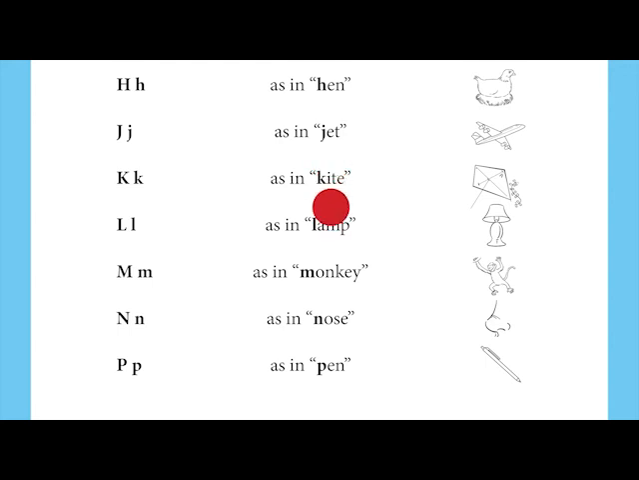as in kite, L, as in lamp, M, as in monkey, N, as in nose, P, as in pen,